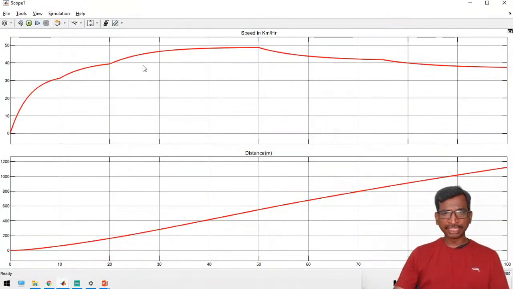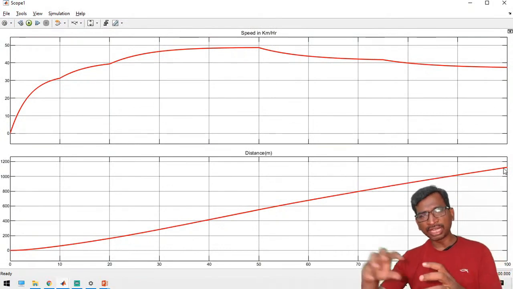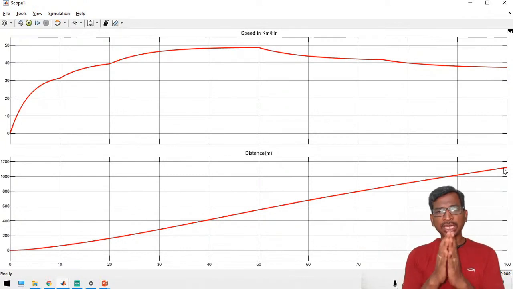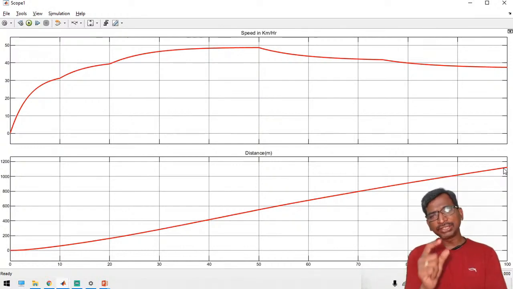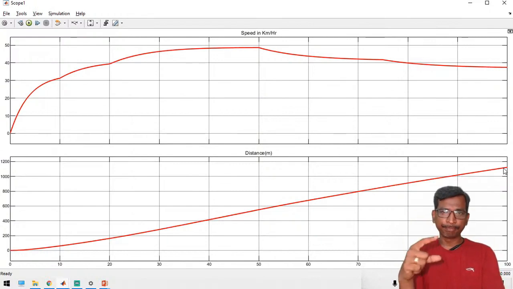Alright, so here the same motor is covered for the 1000 meters. So the distance is in meters. Suppose this vehicle needs to travel for 1000 meters, then 2% energy is going to be utilized. So the balance, 98%, will be the balance percentage. So like that you can estimate the battery